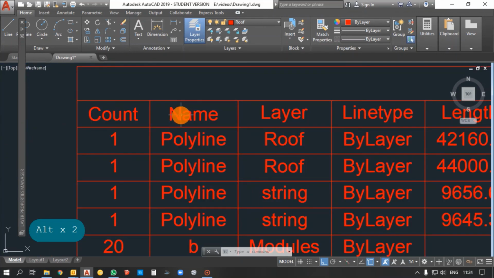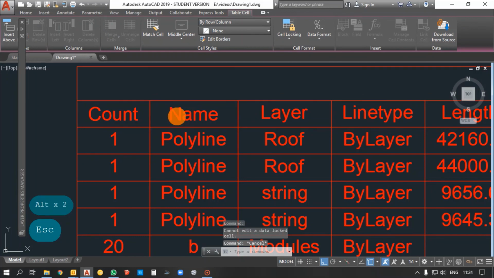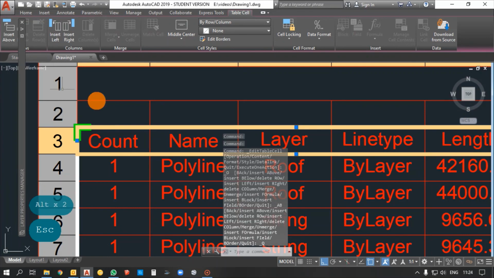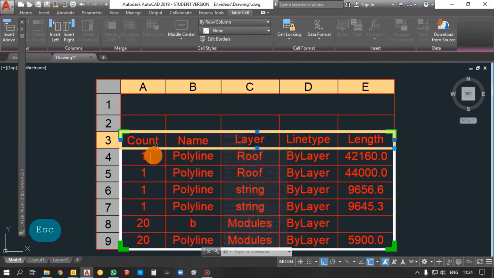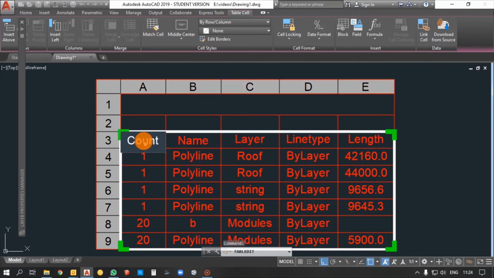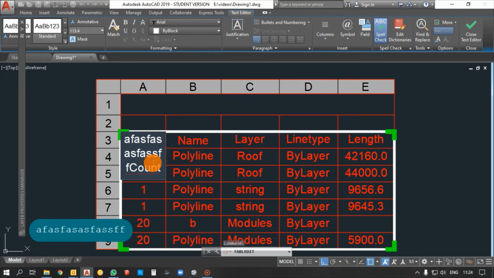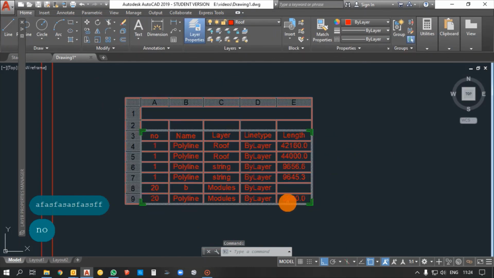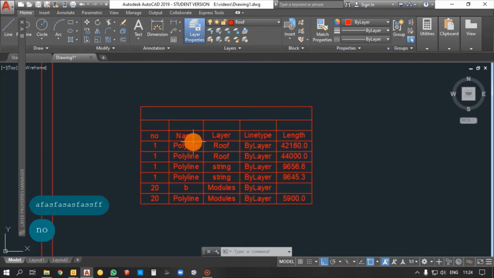In case you need to add one more row, you can add. So click on this, double click on the row, and insert above. In case you can add a row, insert left or right, you can add a column or anything. In case you want to delete or rename it, so go for cell, unlock, so double click, you can edit, re-edit to your convenience. So you can just name it as number, so it will be renamed. So depending upon your convenience, you can give the description, and in case you need to delete a particular row or column, you can delete it.